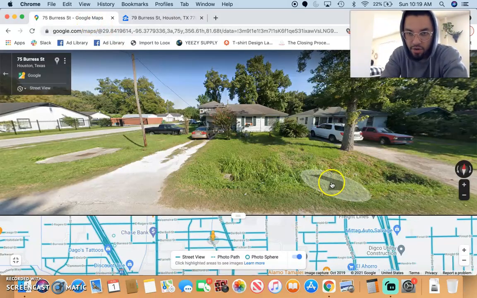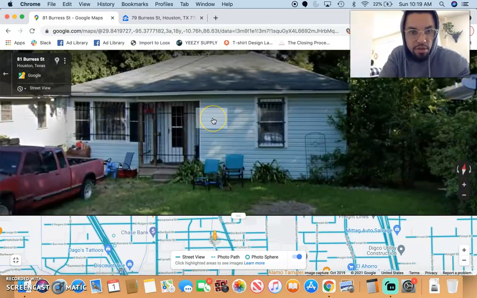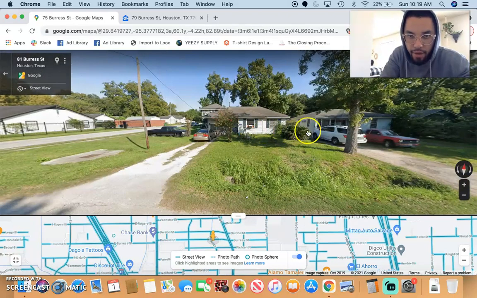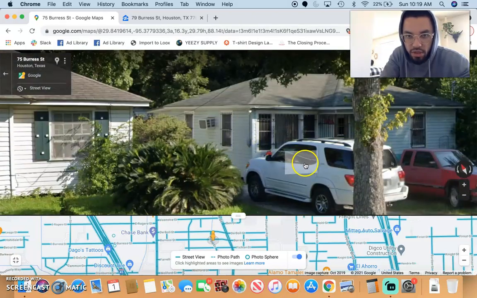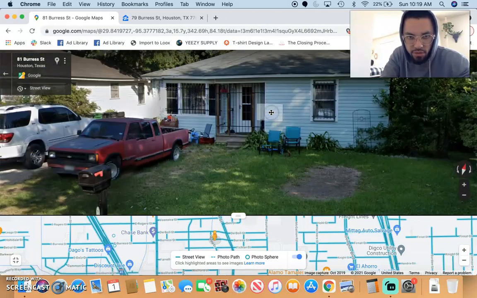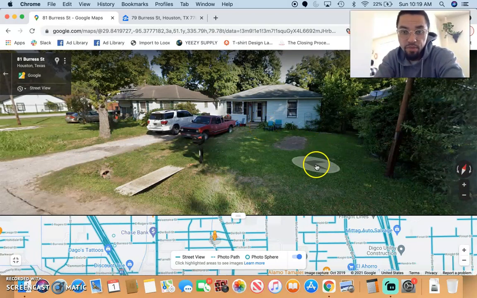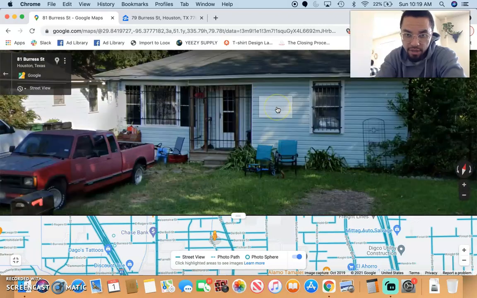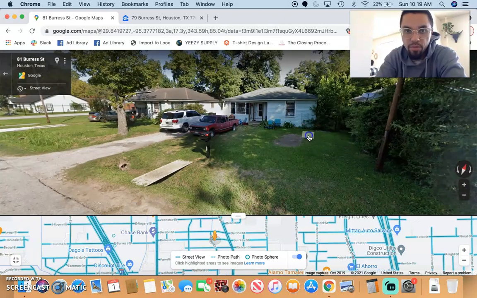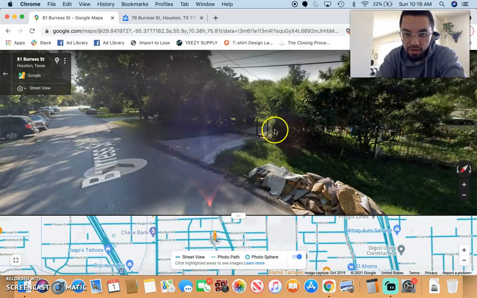You just start clicking, see the arrow, start driving down the street, and determining whether or not these are properties that you would want to add. This one, to be honest, I would not add. It has window units, but other than that, it has burglar bars on the windows, and it's not in too bad of shape, right? This is a perfect example of a property that I probably wouldn't add. But when my marketing budget expands, maybe one that I would later down the road. I'm just really wanting to be strict on the properties that I'm adding, so that when I go to skip trace them, I'm not